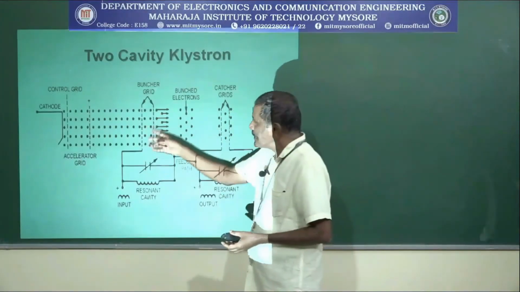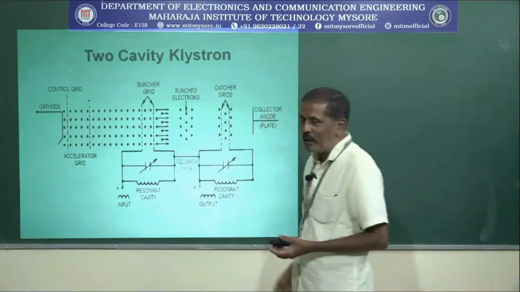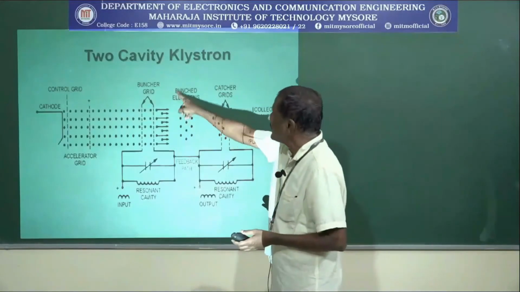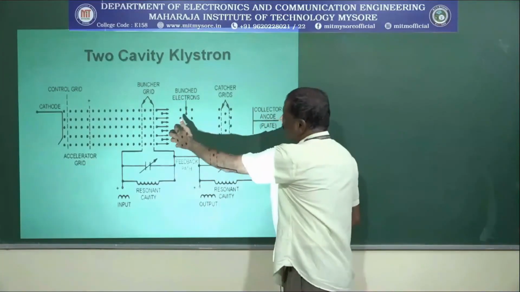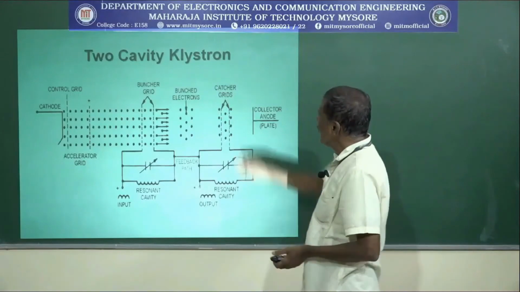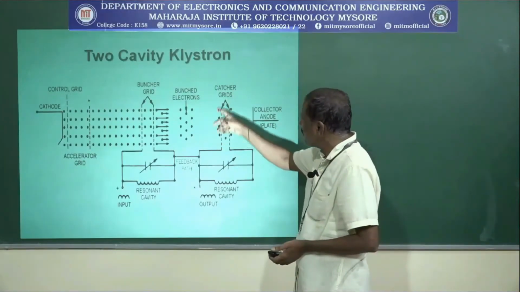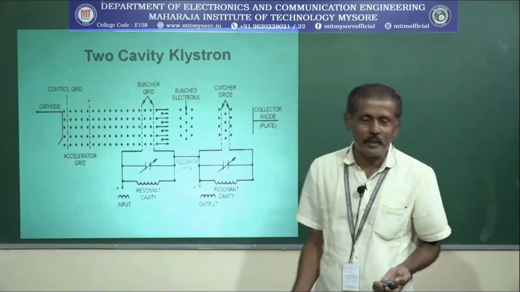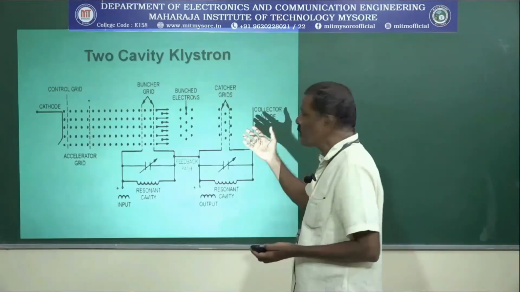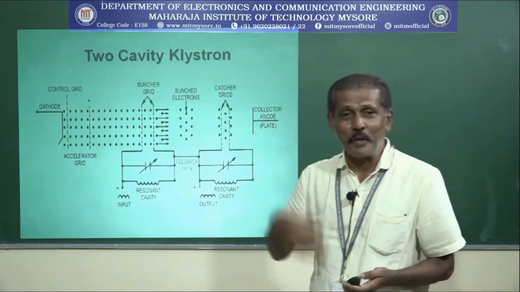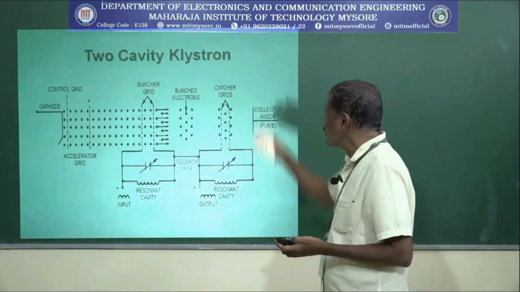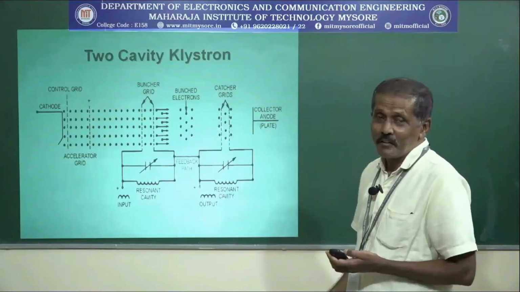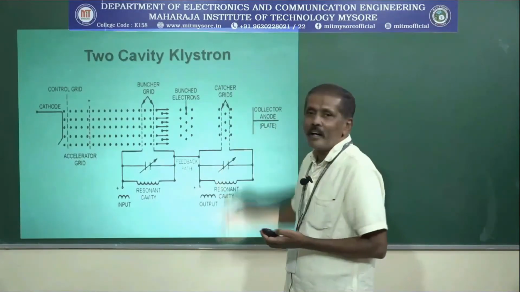Okay. Now, from the buncher cavity, here the electrons are coming normally in the buncher cavity, so they will form bunches, and these are the bunched electrons. These bunched electrons will move toward the catcher cavity, and will be collected in this particular catcher. And as you know, the flow of electrons is nothing but the current. Now, as more bunched electrons are collected by this catcher cavity, automatically the RF signal that you want to amplify will get amplified.